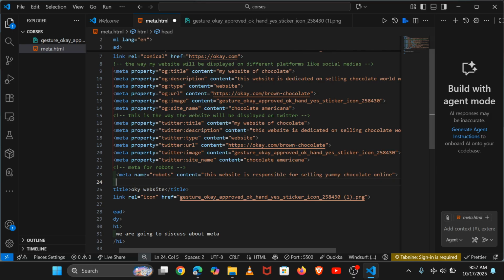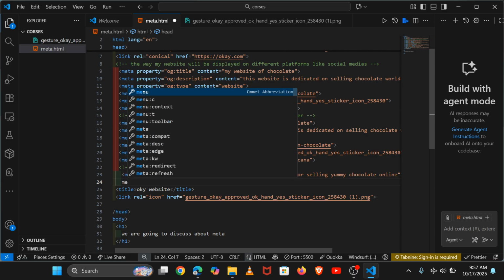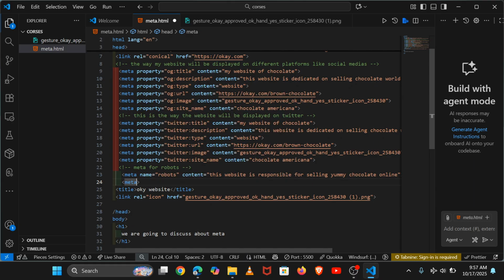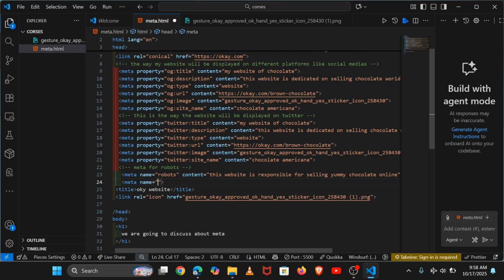If you want its background to be whitish or white smokish, the way to include it is to create another meta, and inside it you include the name, which must be